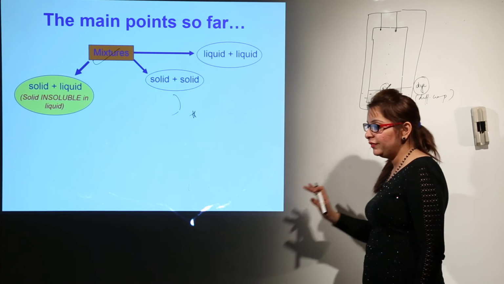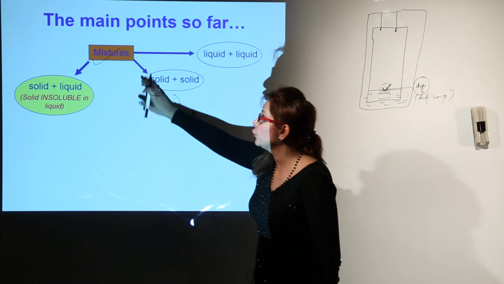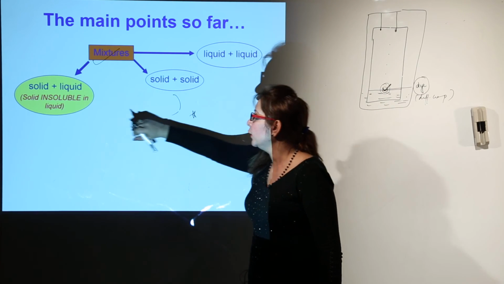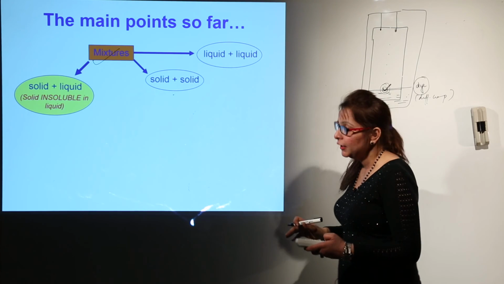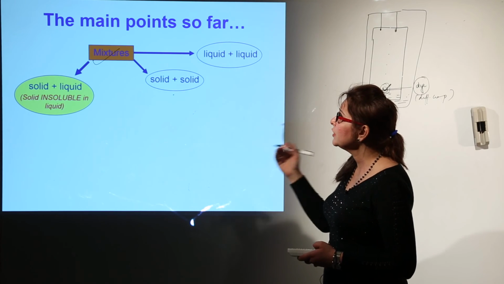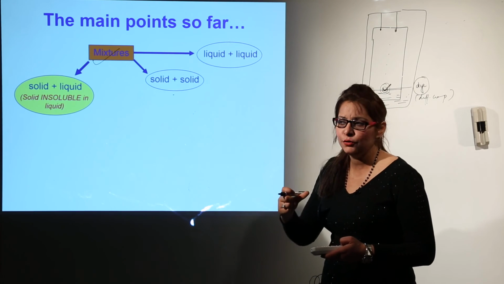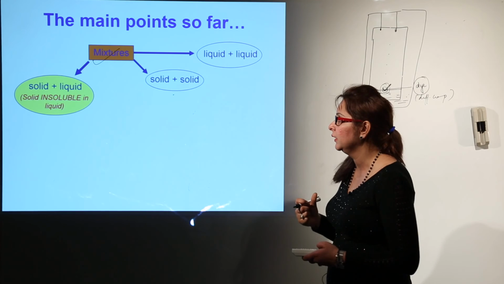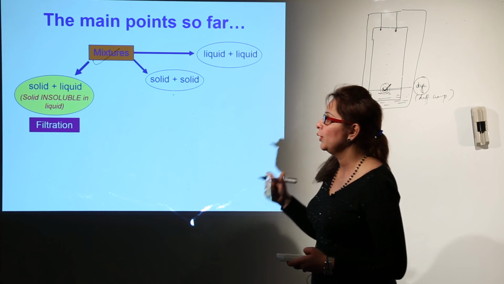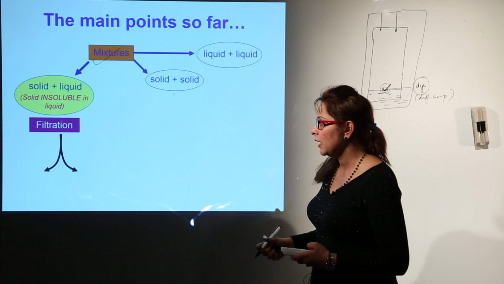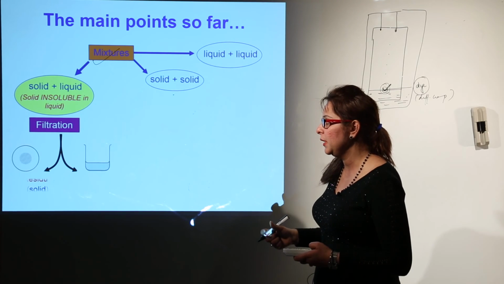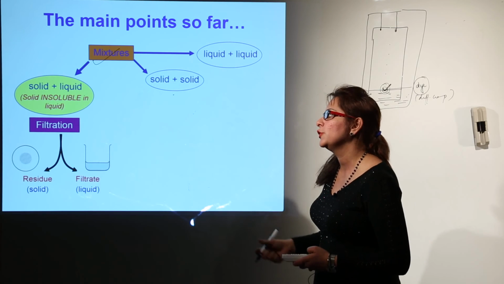So on the whole, we have just concluded that we have 3 kinds of mixture: solid-liquid, solid-solid, and liquid-liquid. We are just summing up the techniques to make you remember all those methods which we have done. If we wish to remove solid from liquid, we use filtration. How are we doing it? By use of filter paper. The one is residue and the other is filtrate.